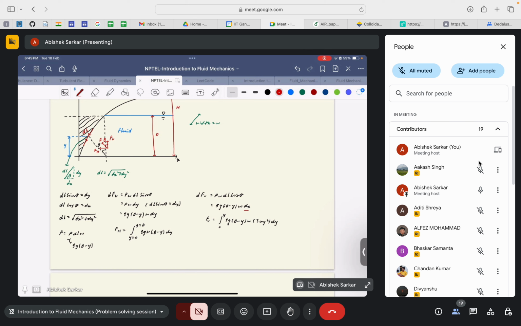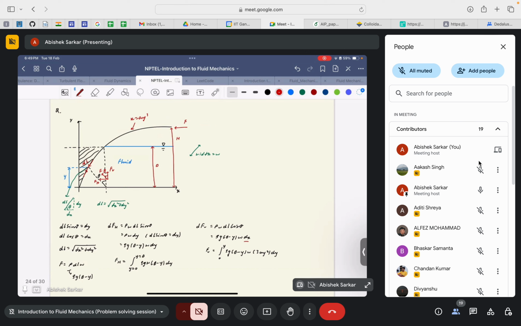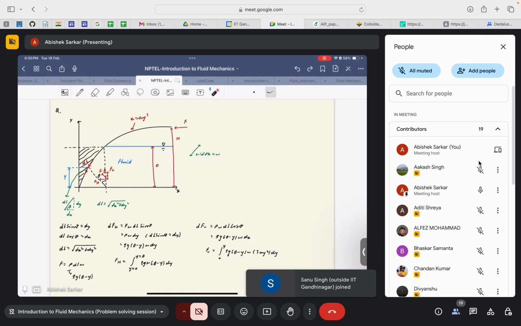So the interesting part now is that the initial variable you have was y, but the integration you need to do is in terms of dx. You can of course change it to y as well, but you need to deal with some cube roots, which may make the integration a bit more complicated. So to simplify it, instead of changing y in terms of x, you can just change dx in terms of dy. If you have x as a y cube,